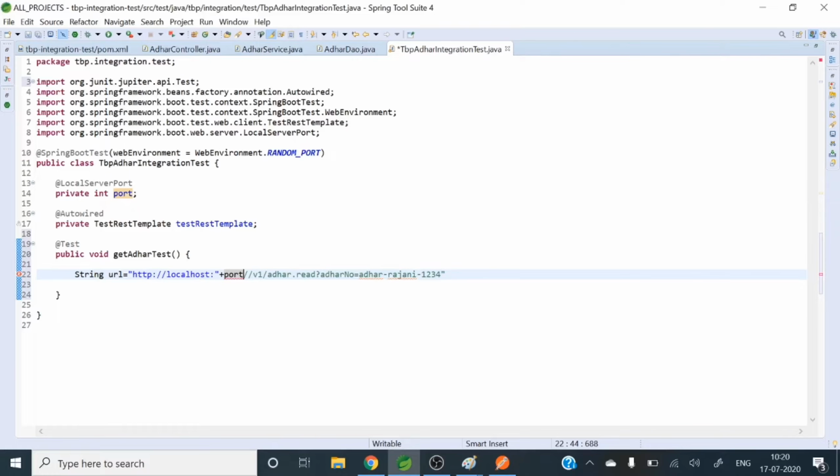And then plus we are concatenating this one, and this is that URL, right? This is that query param we will pass. Let me comment this one, because nowhere are we using that one. This is the string, I mean the URL, we have prepared. Then